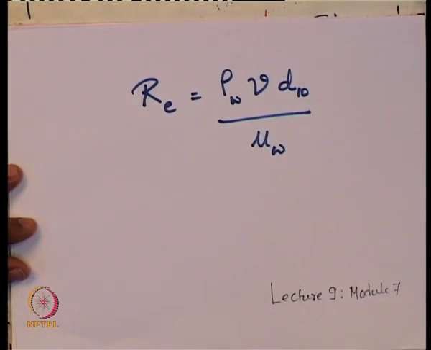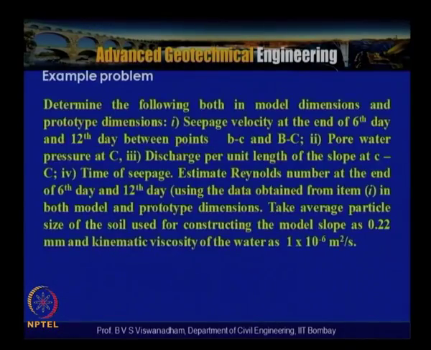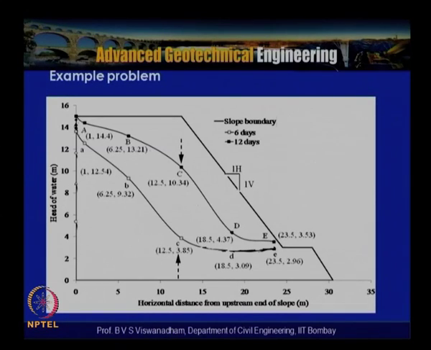So what we have seen is this particular problem statement, and these phreatic surfaces were measured through experiment. From the measured data, we can calculate the discharge velocities, seepage velocities, and pore water pressures at different points during the course of the experiment, during the course of the seepage. So this is a typical example wherein we can use the data and calculate whatever we have done through the experiments, discussions and lectures, and solve this problem.